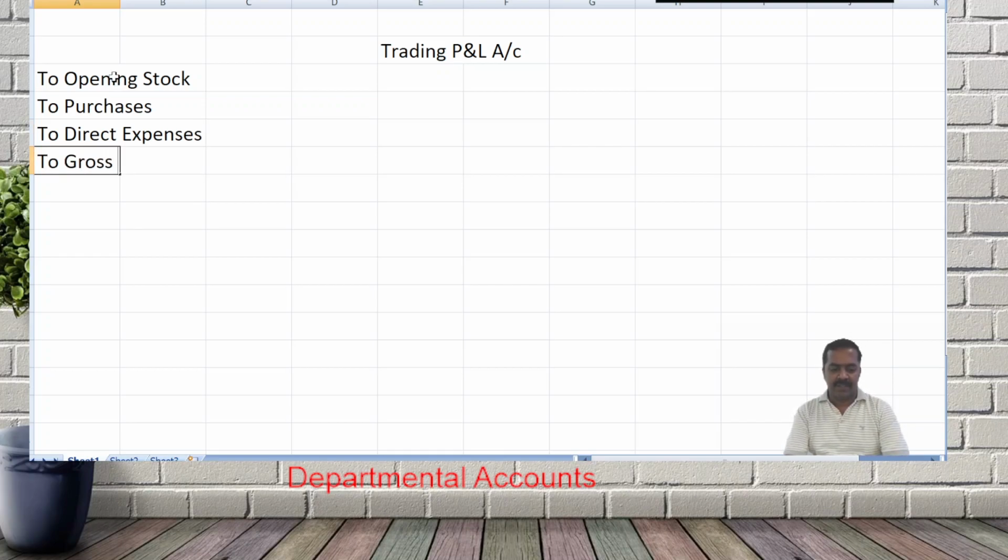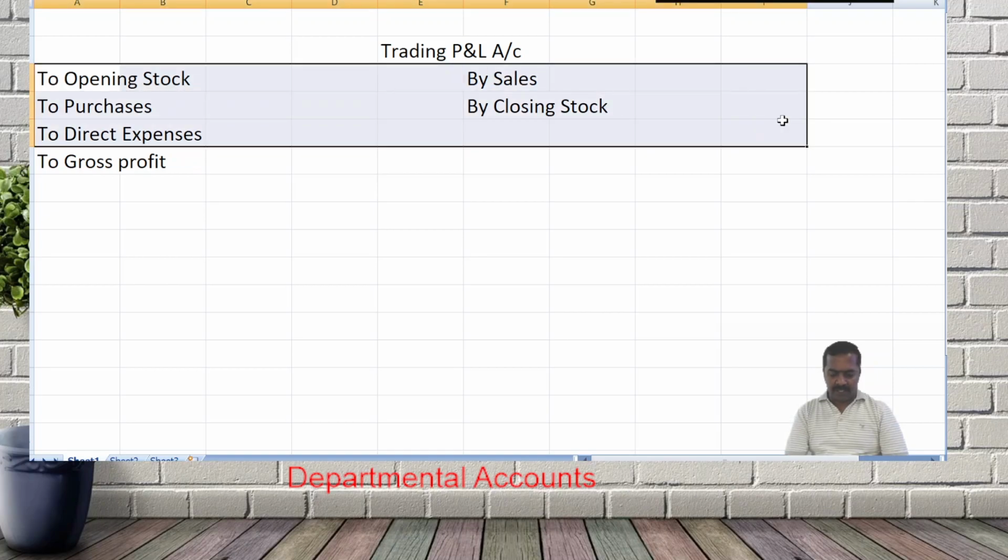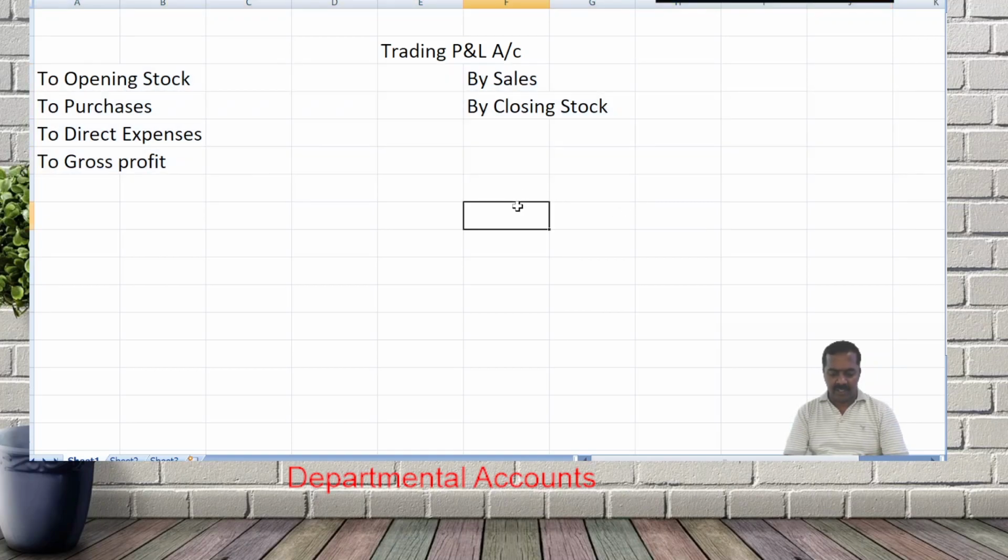You will get which one? Gross profit. Then on the credit side, you will record which one? Sales income. Then you will record which one? Closing stock. And of course, this is part of which account? Trading account. Then we will continue with P&L account by recording gross profit, by recording sundry incomes, which may be